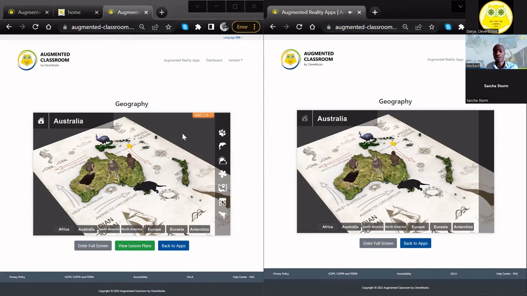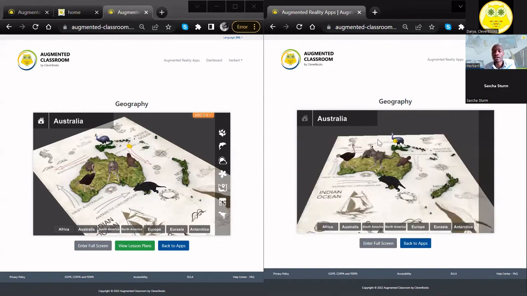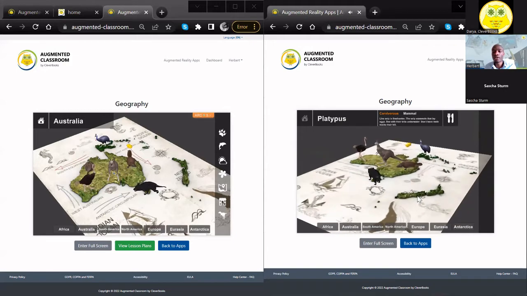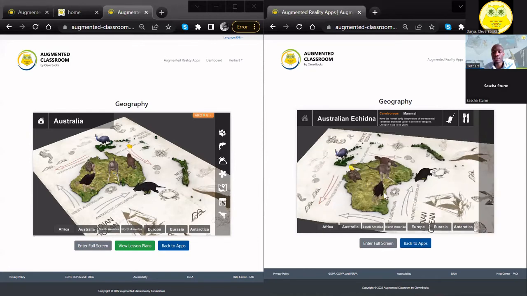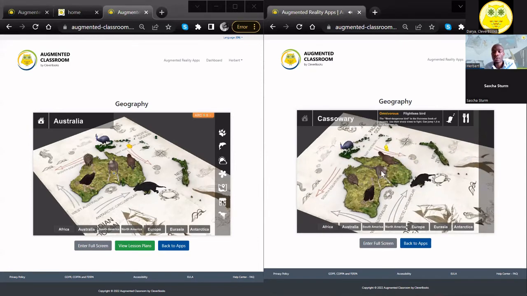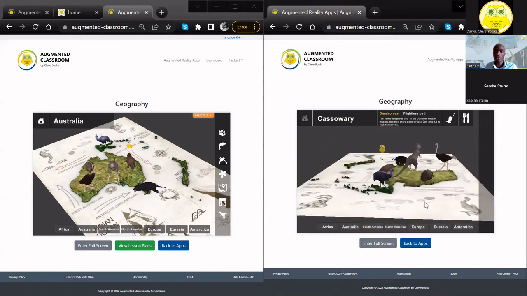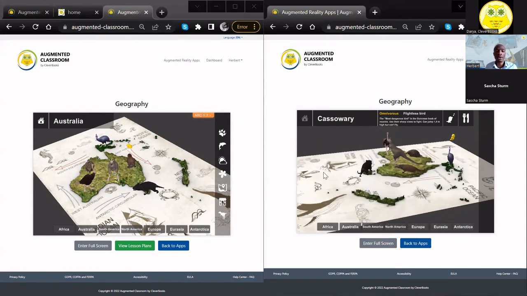So you can see that the students can interact. I can have this on a big projector displayed for all the students to see. But the students will also see it on their computers, and they can interact with it individually. This is the opportunity for them to learn about the animals, reading about each animal at the top. You can see all of that, and it reads out for the students as well. That's one example. The teacher can then work on facilitating the lesson, if that makes sense.